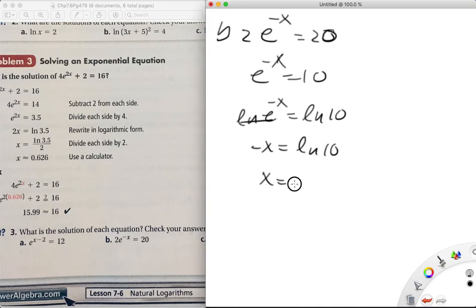So x is equal to negative ln of 10, so x is equal to negative 2.30. So now with 2.30, if we were to plug it in,